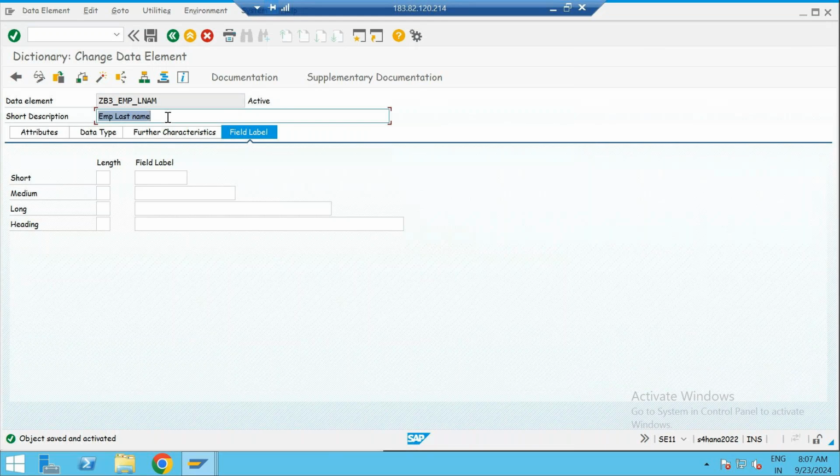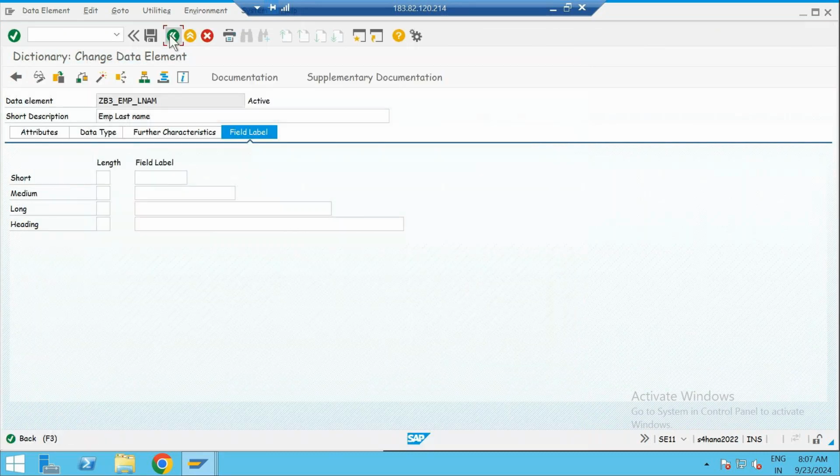But if I do this, see what happens. Make an entry. Mandatory field short description. So only mandatory fields are necessary to activate your object. Non-mandatory fields are not important. You can update those or you can leave those. Okay, so I'll put it back, activate,